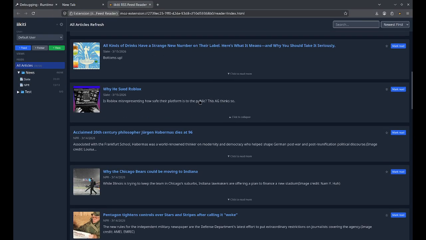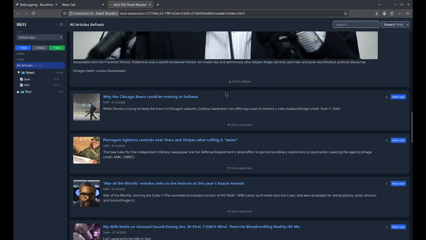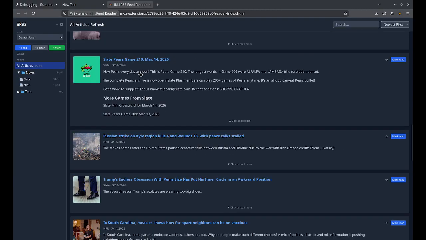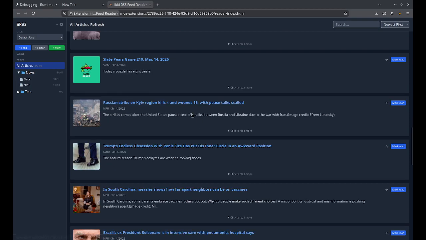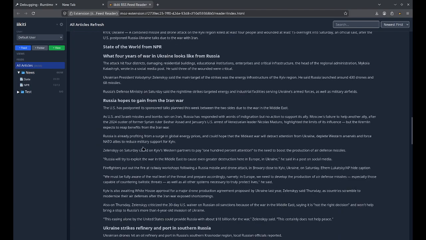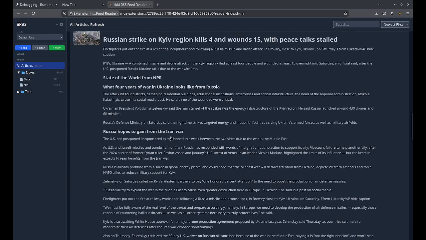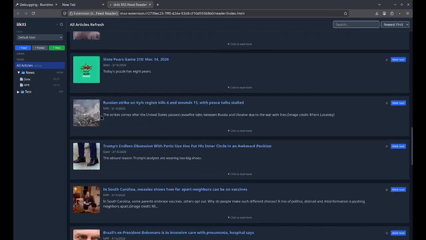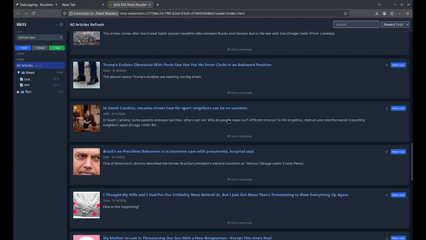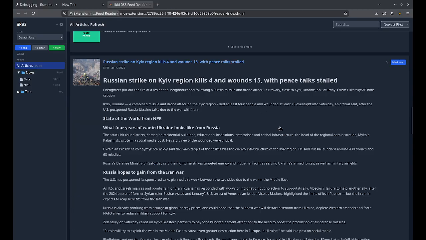So when you expand them out, it actually shows the information from the site itself. Here you can see a much longer list of information in here. This is the actual article from the site rather than from the feed, whereas what you're seeing here is just the short form information that's on the feed itself, basically a snippet that they put on the feed so they don't have to put the entire article on there. But I have the feed reader grab the entire article also so that you can